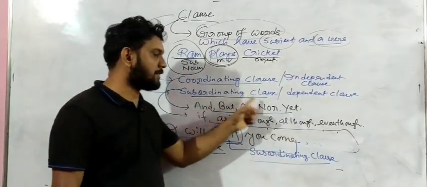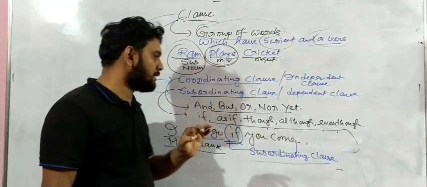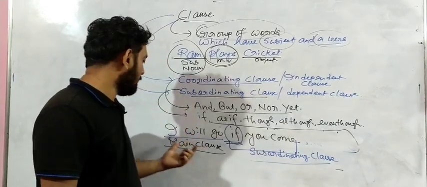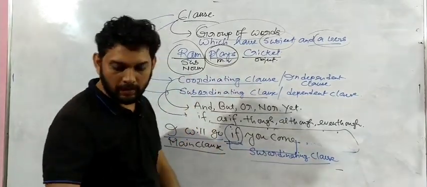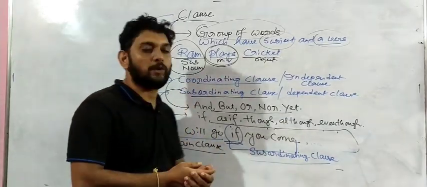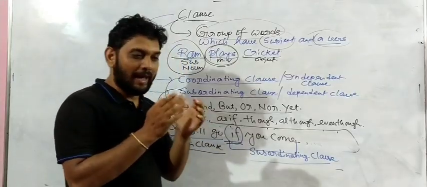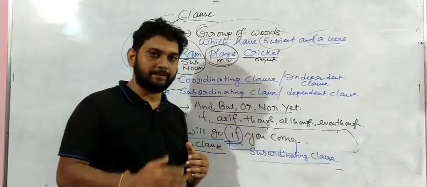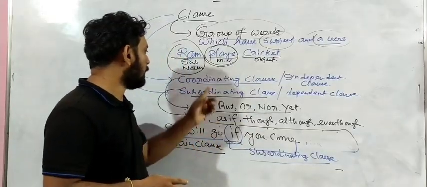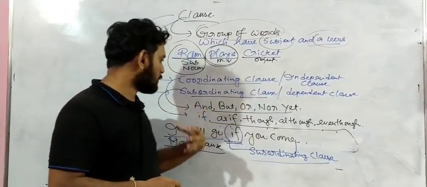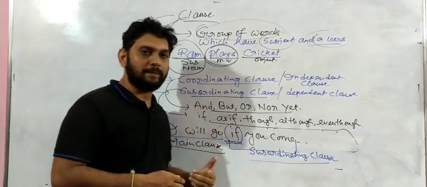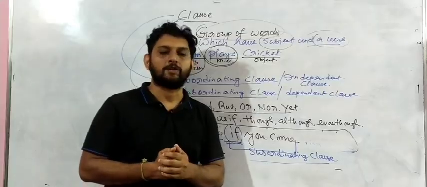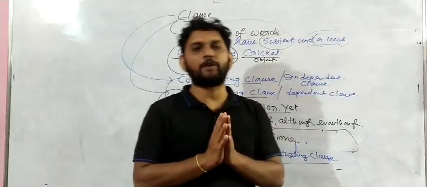And a subordinating conjunction, or subordinating clause, forms a complex sentence. Now it's a complex sentence. All of you, I think, understood the concept. What I said before: what is a clause, and I defined it, and I also said that clauses are divided into two parts, coordinating and subordinating. The first one I explained by giving an example, and the second one, the subordinating clause, I also explained by giving an example. So my friend, it's a very important topic for all of us.